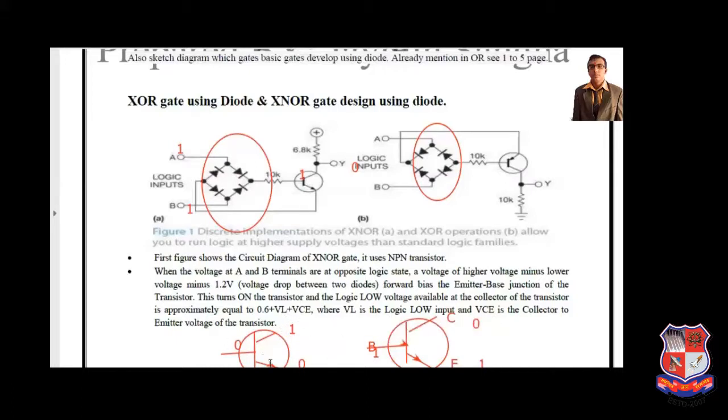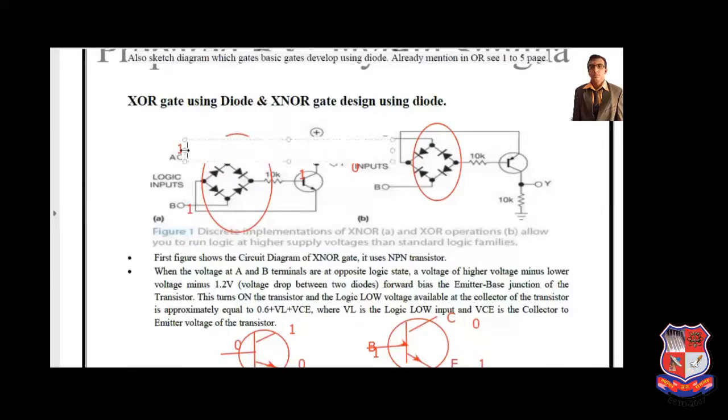Current will flow through base emitter, or it will not. That's why here 0 volt, so base emitter junction is in reverse bias, so here also 0 volt, and due to supply voltage here we can get 1. Here 1, so here 1 1, so here answer is 0. It is the two basic figures. So try to understand this. If here 1 1, then output is 0.